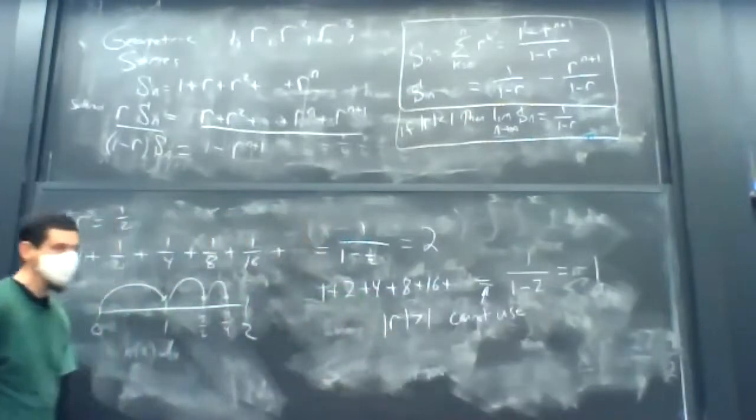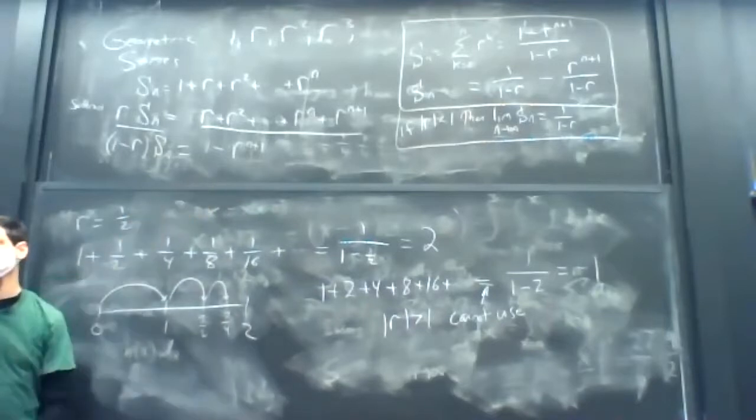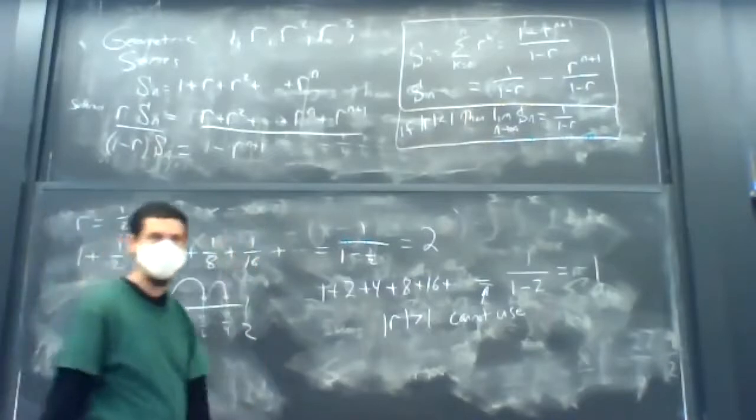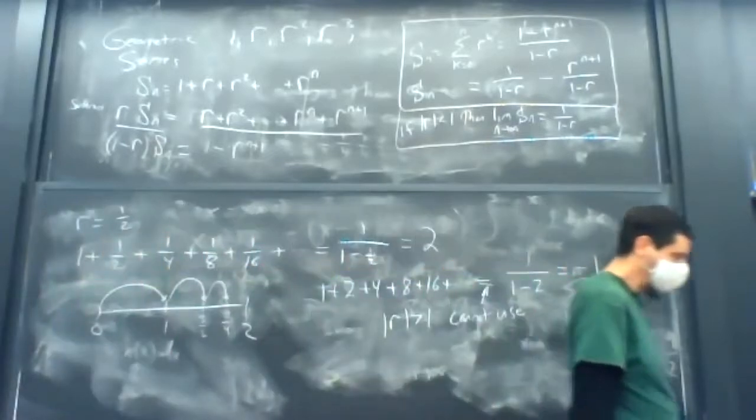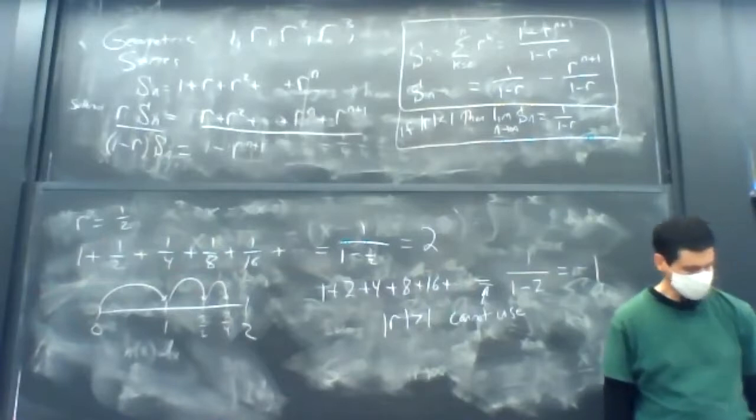So this is how you would use the geometric series. If I asked you to only add a couple of terms, you would use the finite formula. If I multiplied every term by 3, you would just multiply the formula by 3. All right, what I want to do now is give an example of